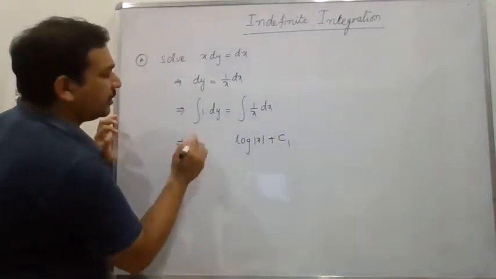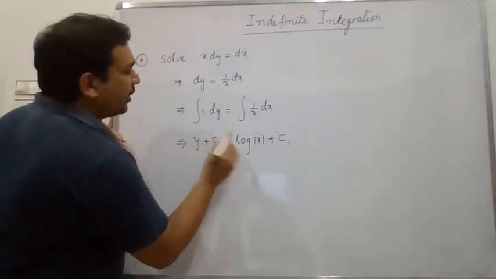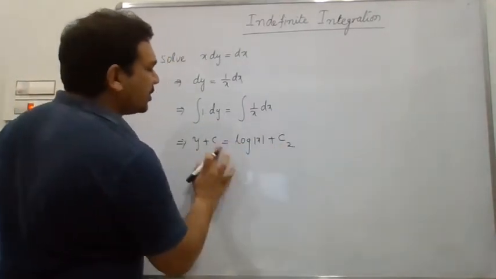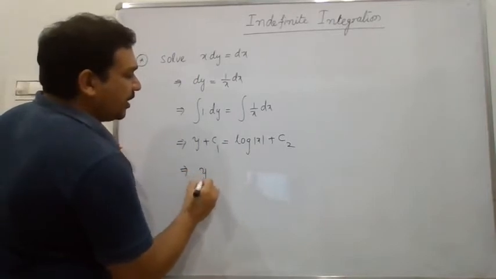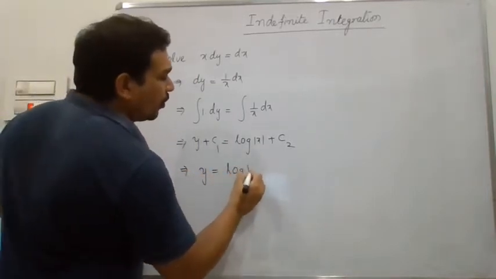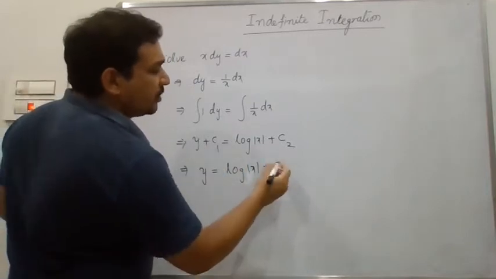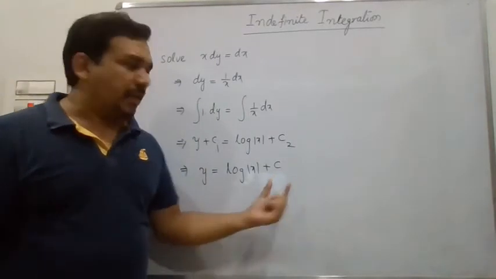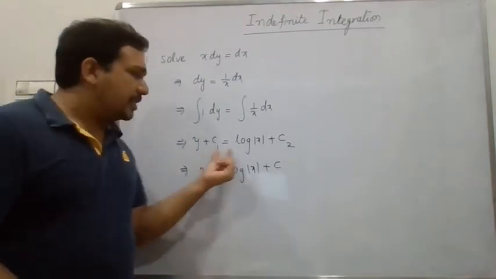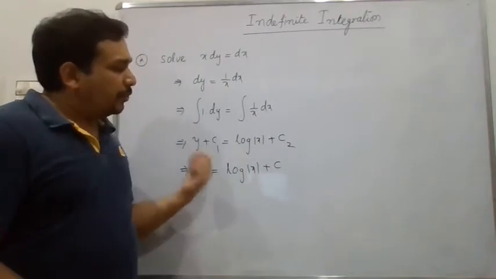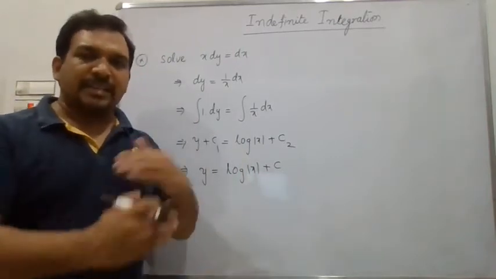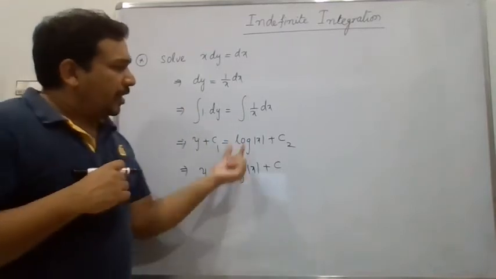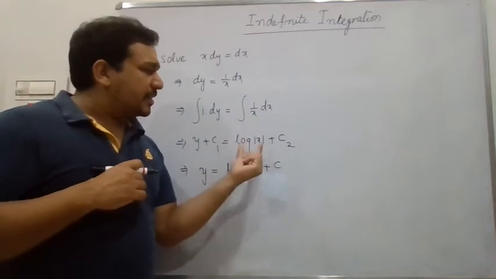So here I can write y plus c2. If you do the integration here also, you will get some constant c2, here some c1. So I can write y is equal to log of mod x plus c2 minus c1 together is a constant. So for these two integrations, I can write that simple constant. From the next questions onwards, I will not write c1, c2 every time. Simply I'll write a constant c. Why? Because after balancing all the constants, I got a single constant c. That is the meaning. So here integration of 1 by x dx is log of mod x.